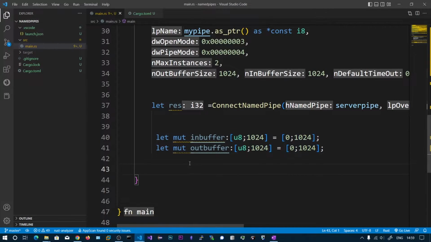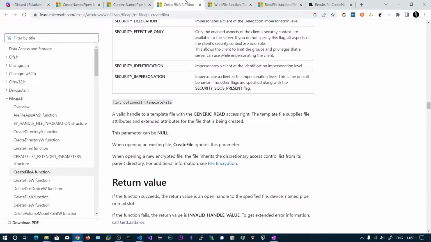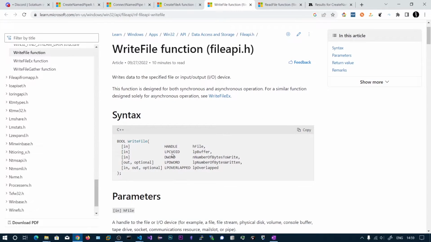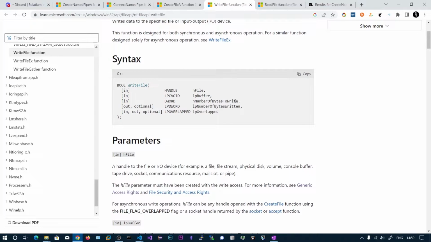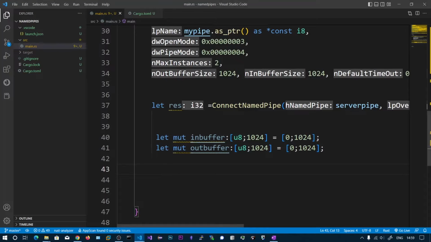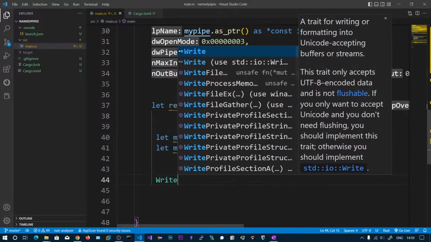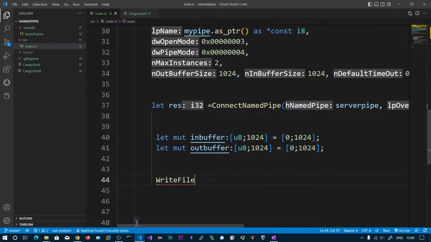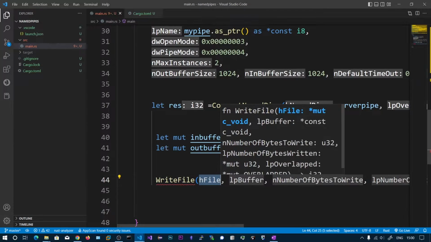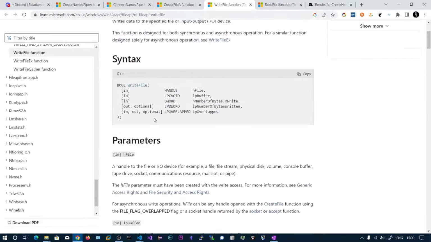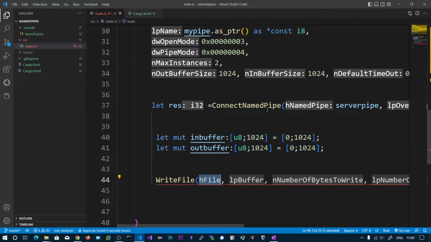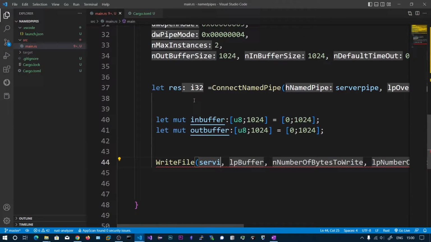So first we want to write the content to the pipe. The write file function will take the file handle or the pipe handle, and the buffer, number of bytes to write and the number of bytes written. So let's say write file A. Okay, just the write file, and we need to pass the pipe handle, that is server pipe,